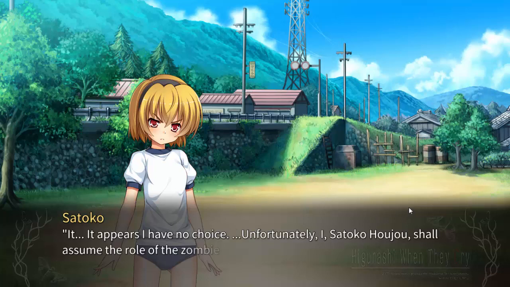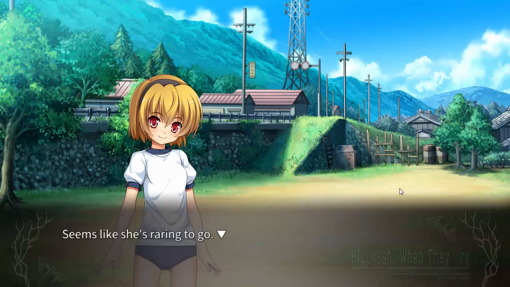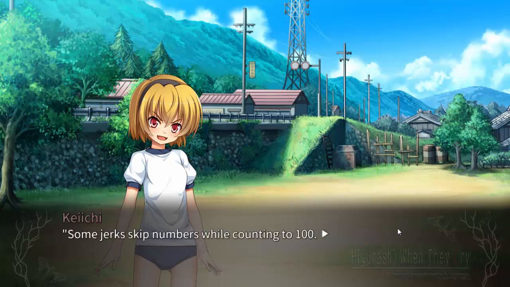不肖、この北条里子がゾンビ役を務めさせてもらいますわ。 You're damn right. みんな食い殺してやりますですな。 Seems like she's raring to go. 100数えればいいんですの？ Wait, does that mean she automatically gets last place? How do you win this game? Like, if you're it and you win, do you get first place? And if you're not it and you lose, you just tie for dead last? Like, how does that work? I don't know. 100数えるのはズルする奴がいるからな。俺の問題が解けたら追ってよし。